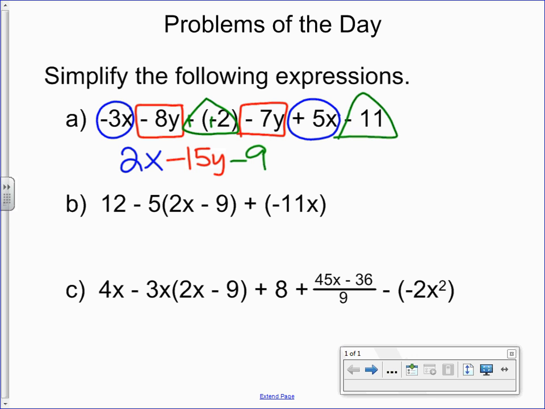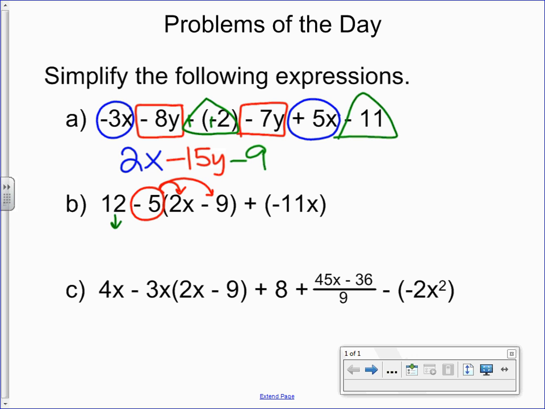So for B, it's a little bit more extensive than A. We have to apply the distributive property. In this case, we are going to distribute the negative 5. Okay, so the negative 5 is going to multiply to the 2x. Negative 5 is going to multiply to the negative 9. The 12 in front, however, is not involved in distributing, so it's going to drop straight down to the next